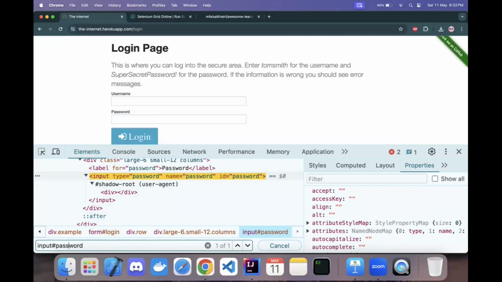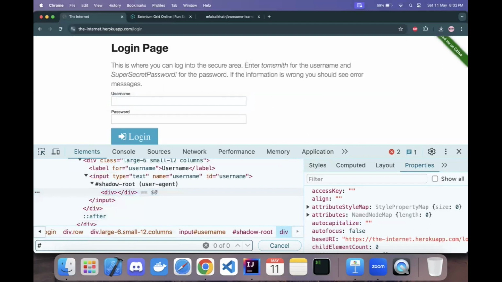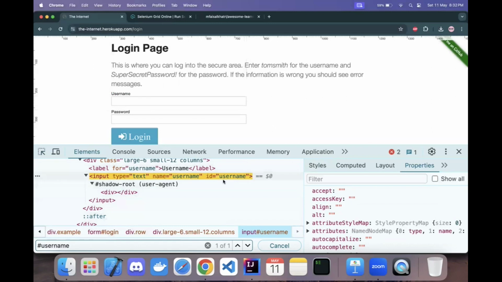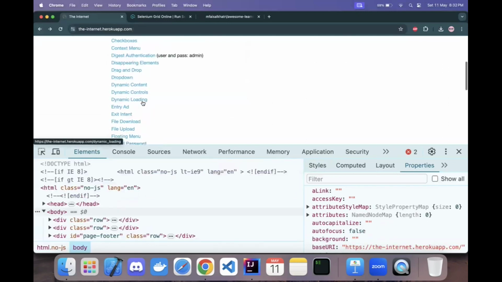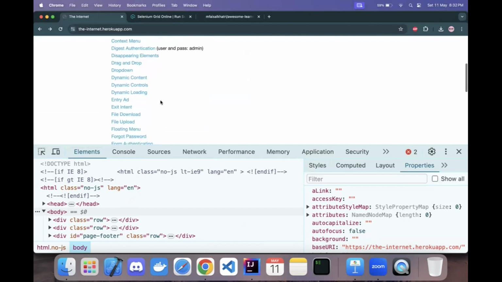Similarly, if you don't want to use the tag, you can directly pass the hash. So this hash actually stands for ID, and it will locate the same field called password here. Similarly, if you want to locate the username field, you can just use the hash sign and type the value that stands for the ID attribute. So it will eventually locate the web element that you are looking for. Similarly, let's check out some other fields in the same page. Like for example,